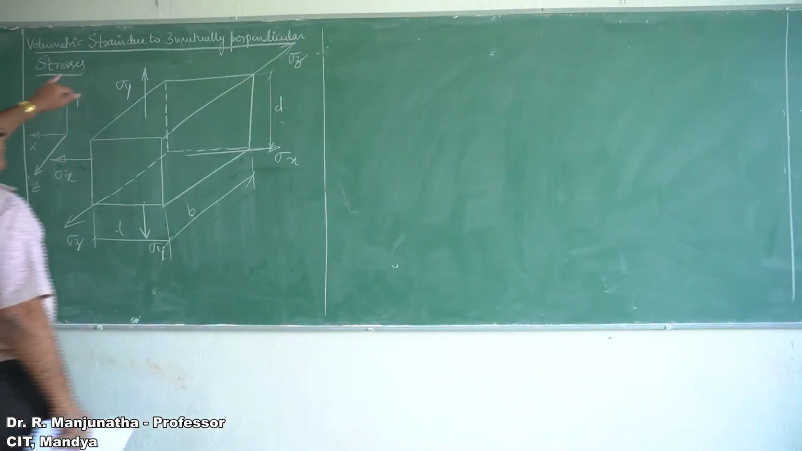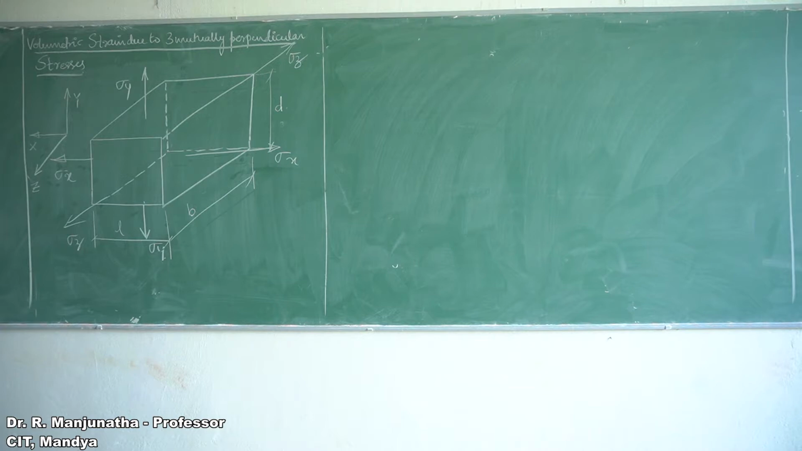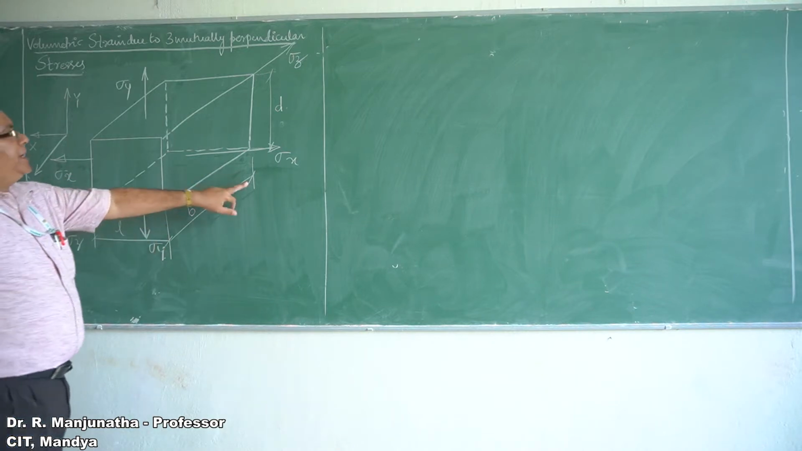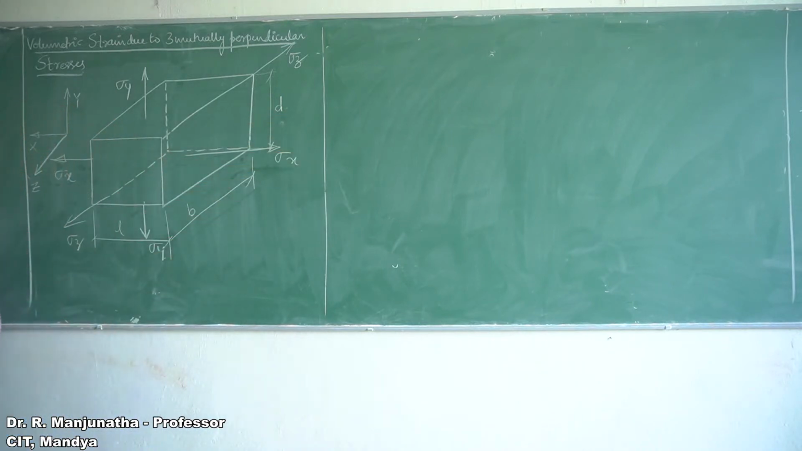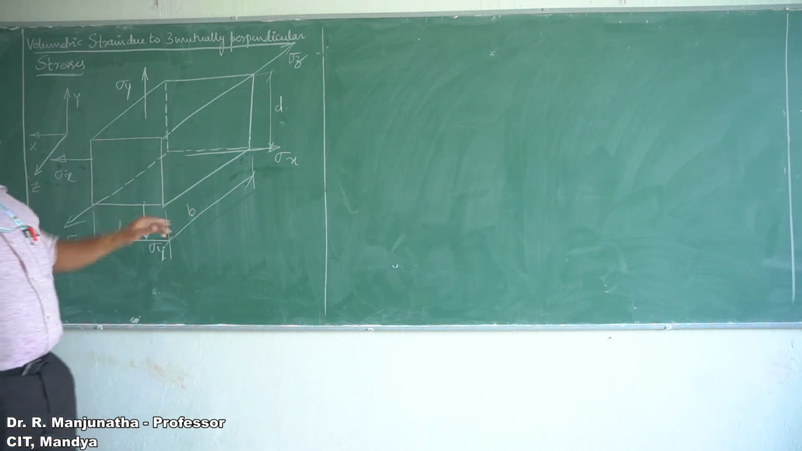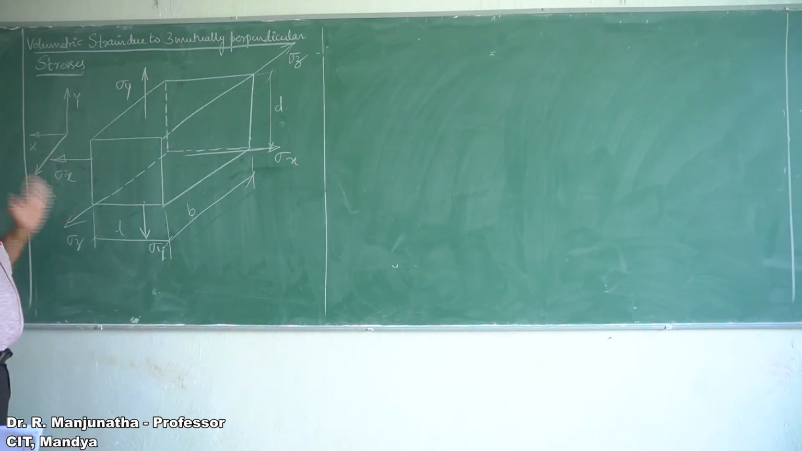Volumetric strain due to 2 mutually perpendicular stresses. Consider a block of length L, breadth B and D as the depth. So that means you have a rectangular block of 3 dimensions of L, B and D, producing the normal stresses